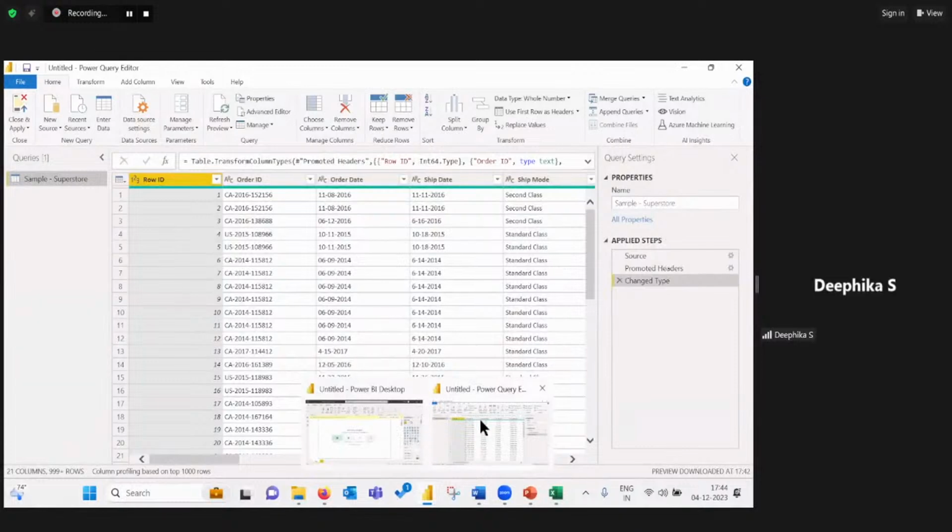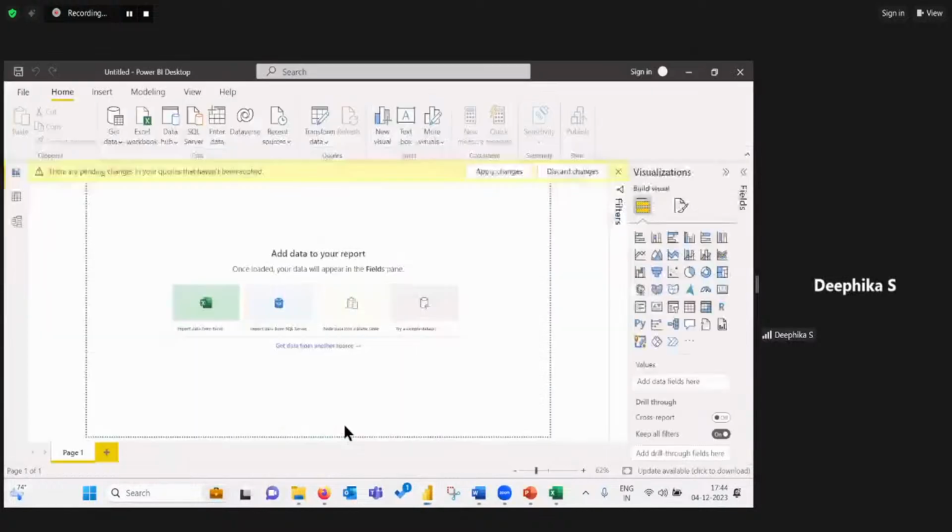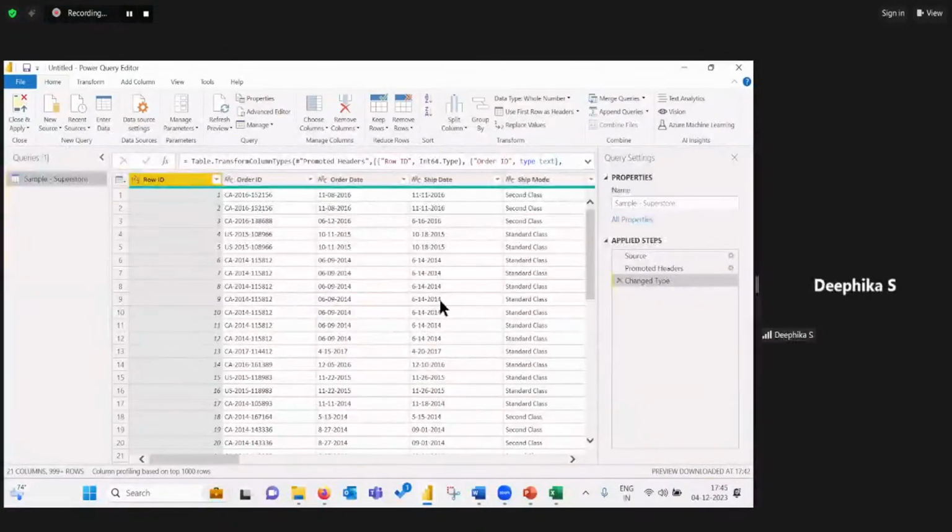Power Query Editor is for editing the data, transforming the data, reviewing your summary data, etc. We are going to use Power Query Editor. This is the same Power Query which you will be using in Excel Power Query also. And next is I'm having Power BI Desktop, where I'll be building your dashboards. I'm having visualization, I'm having filters, etc. and all. Okay. So first I'm going to go to Power Query. I'm going to see the